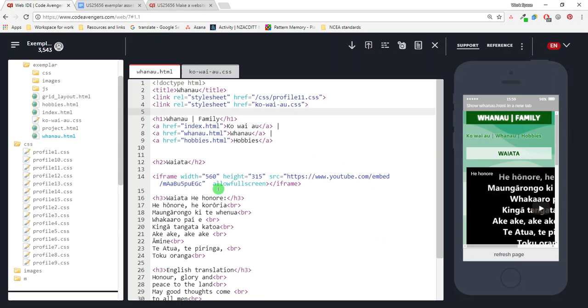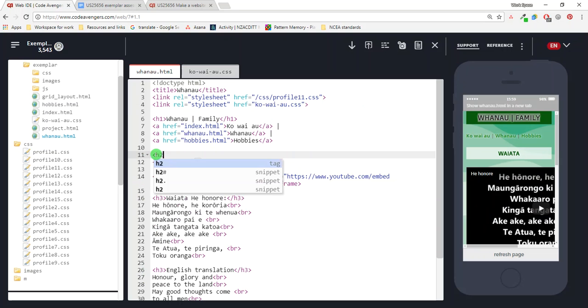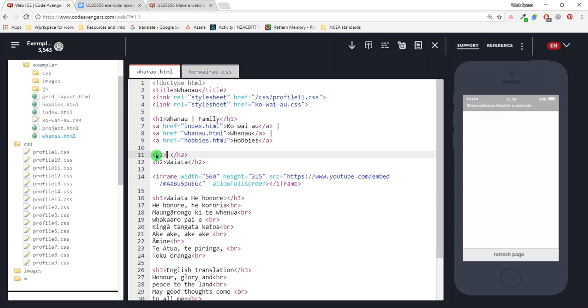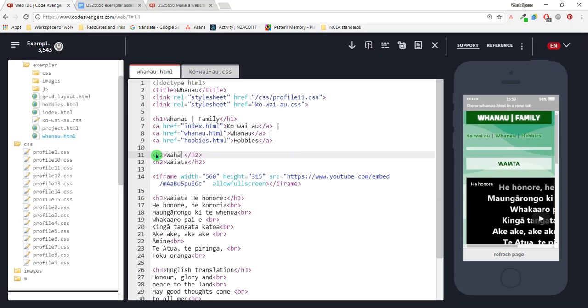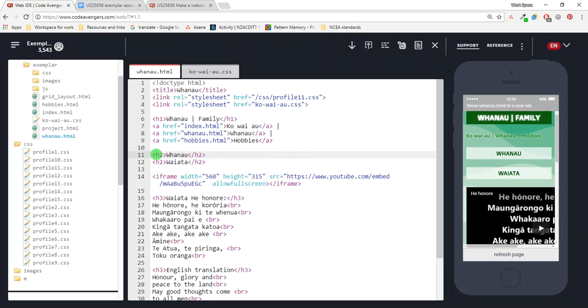We've got our website. They should also just do a final check of the content, right? We're not asking for a lot of content, but it should make sense. So, like for the fact that I've called this whānau family instead of songs or something, and it doesn't have anything about family on it, probably I should add some stuff in here. So, H2, whānau, family,